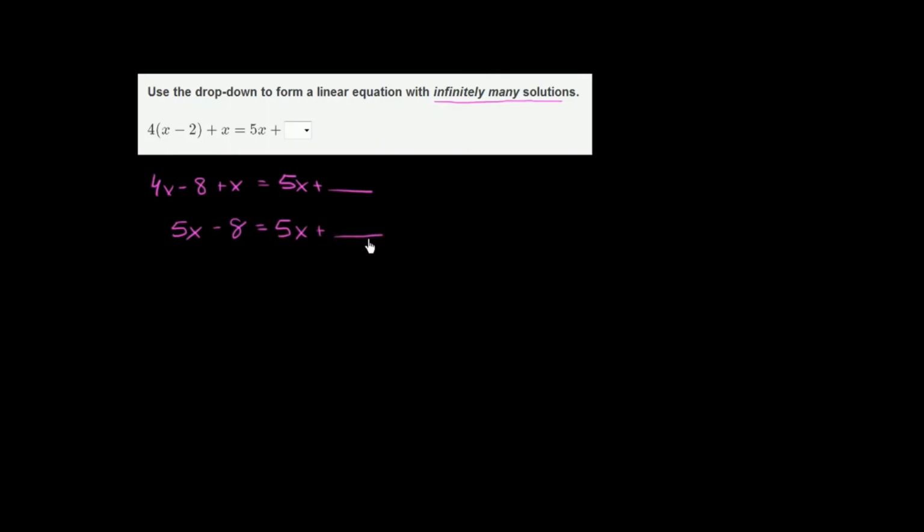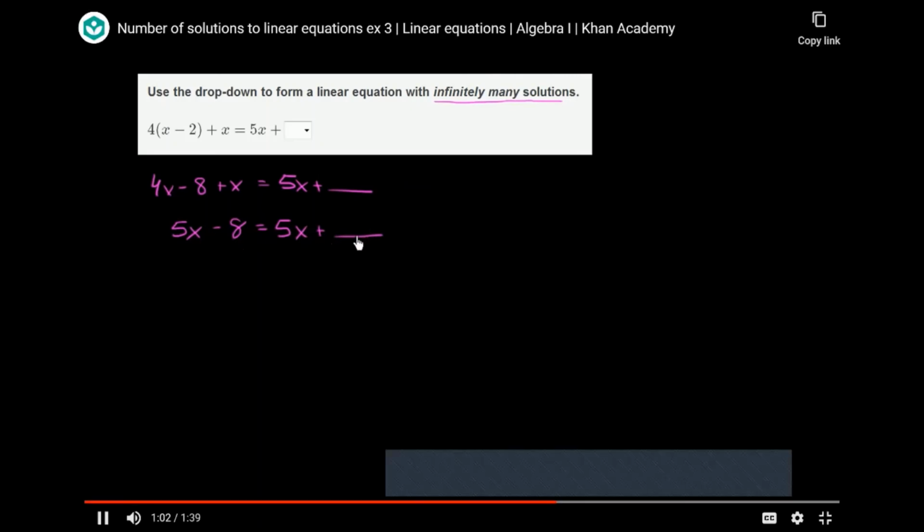So what could we make that blank? So this is true for any x we pick. Well, over here, we have 5 times an x minus 8. Well, if we make this a minus 8, or if we subtract 8 here, or if we make